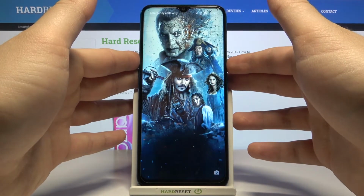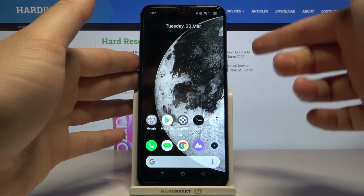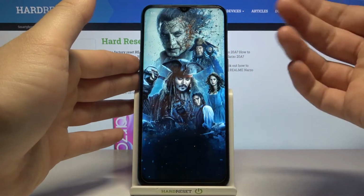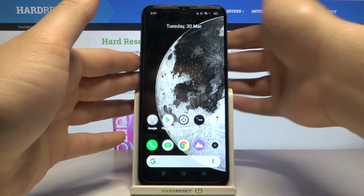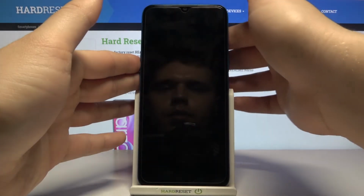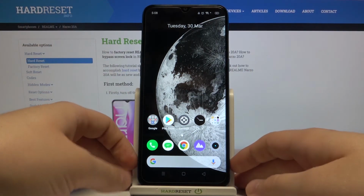So if you are looking for the fastest unlock method, definitely it will be the fingerprint sensor that you can find on the back of the smartphone. So as you can see, it works really nice, but just take a look how the fingerprint sensor works. I put my finger and it unlocks the phone immediately. So it's a really good sensor, and yeah, that's how the sensor works, and that's how of course the face unlock works on the